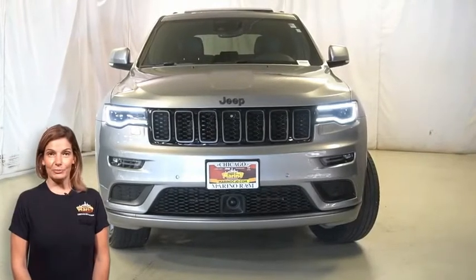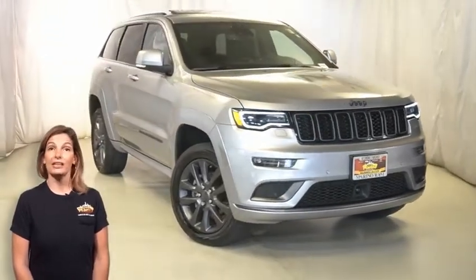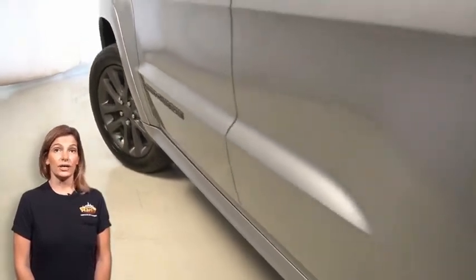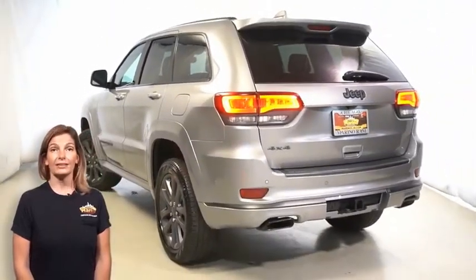Looking for a highly equipped SUV with superior functionality and every luxury option you could possibly imagine? Take a look at this certified pre-owned 2019 Jeep Grand Cherokee High Altitude in billet silver. With bi-xenon HID headlamps, premium LED fog lamps, 20-inch granite crystal aluminum wheels, granite crystal exterior accents, black lens tail